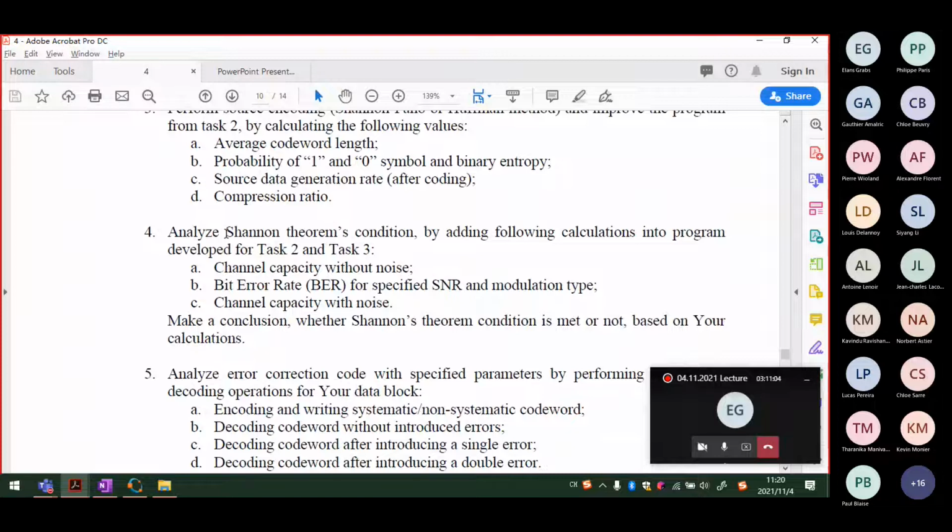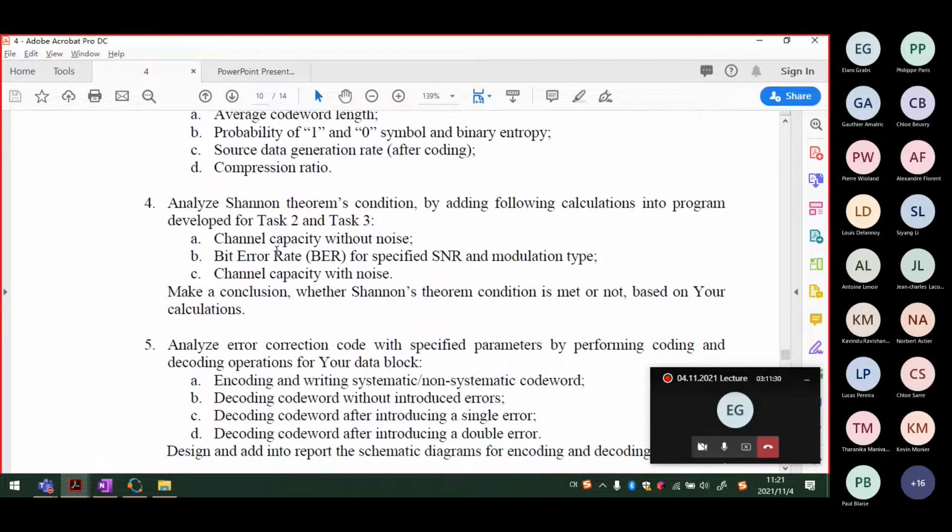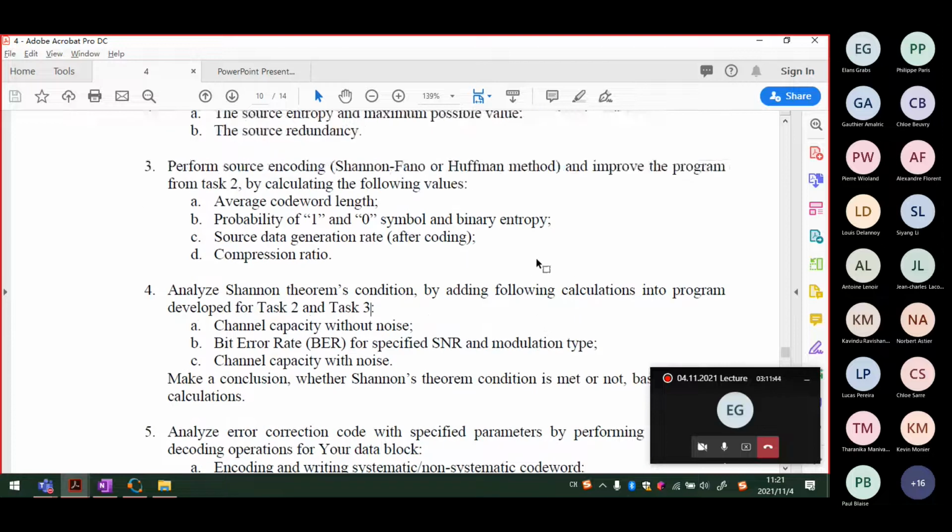We need to analyze the channel theorem condition. What is this condition? It means we need to compare the source data rate, which should be less than the channel capacity. And we need to add the following calculations to the program developed for task 2 and task 3. First is the channel capacity without noise, and second is the bit error rate for the specific signal to noise ratio and modulation type, which